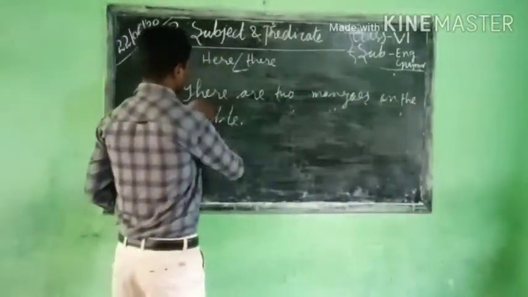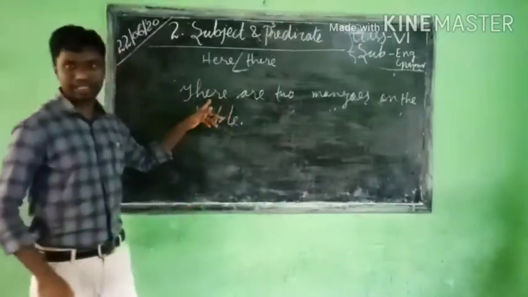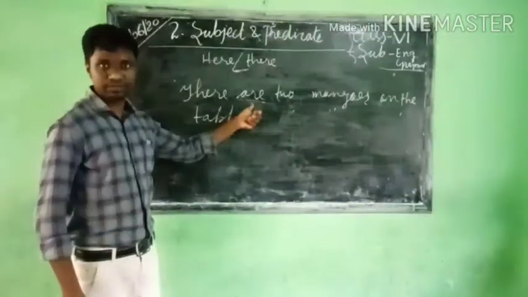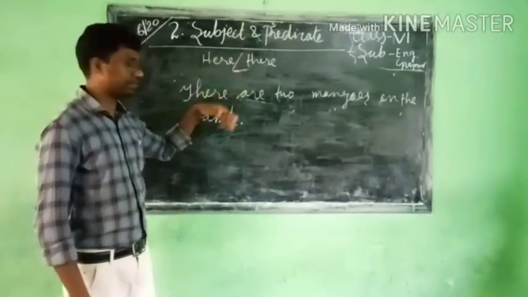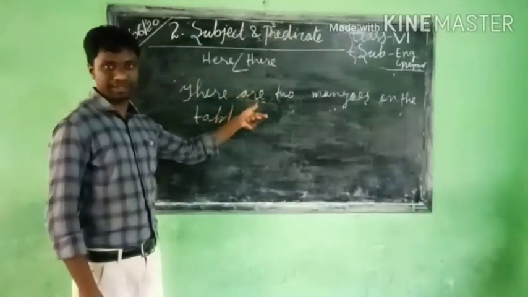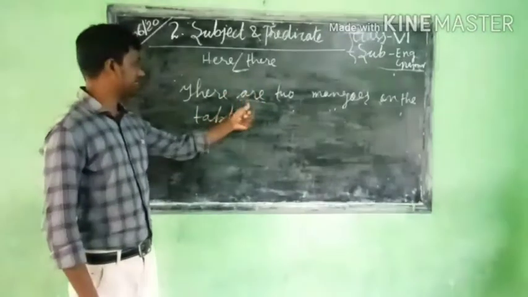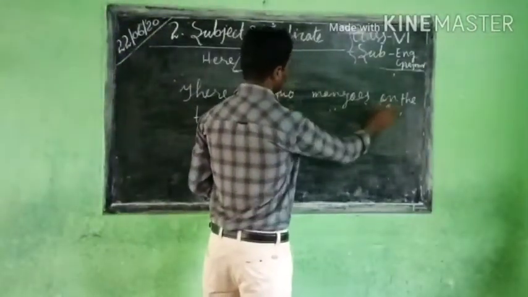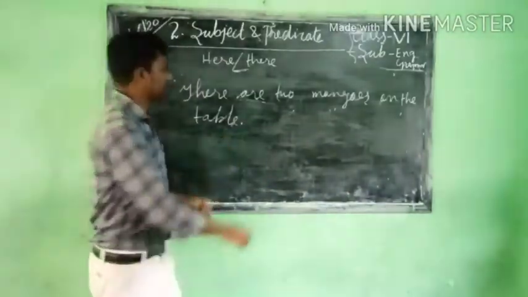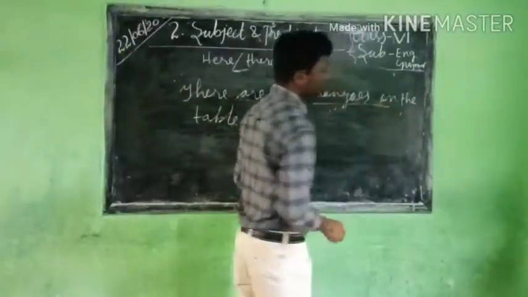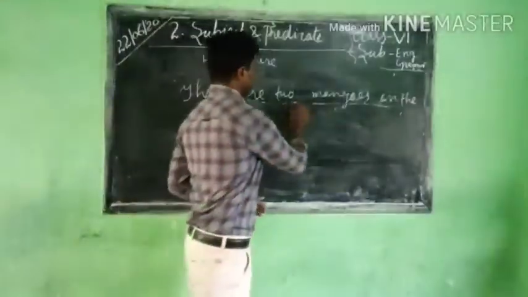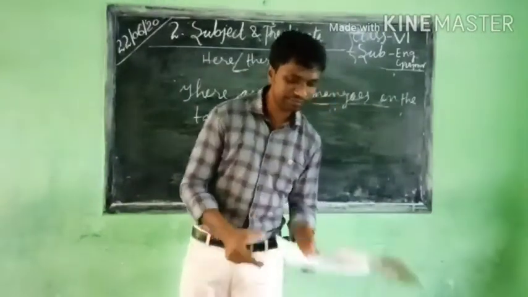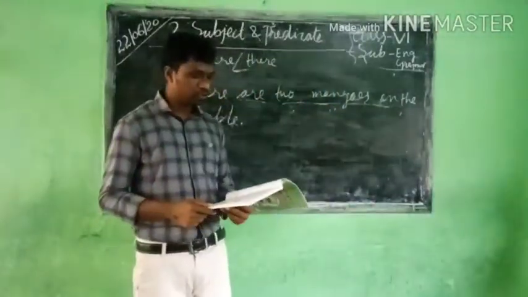See, here the sentence begins with "there," then followed by the verb. "Are" is a verb. You know that previously we saw the singular of this verb is "is." So here it is "are." There are two books. There are two mangoes on the table. So here these two mangoes become the subject. Here it is given: there are two puppies.